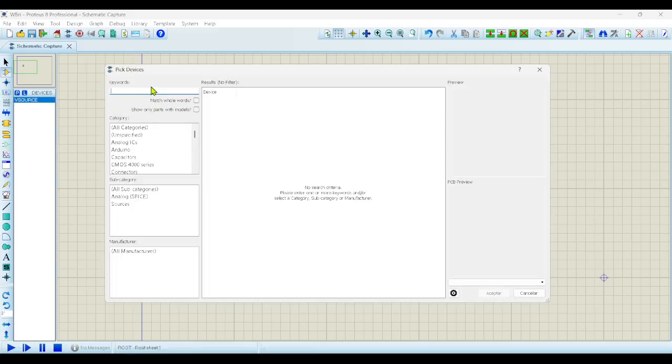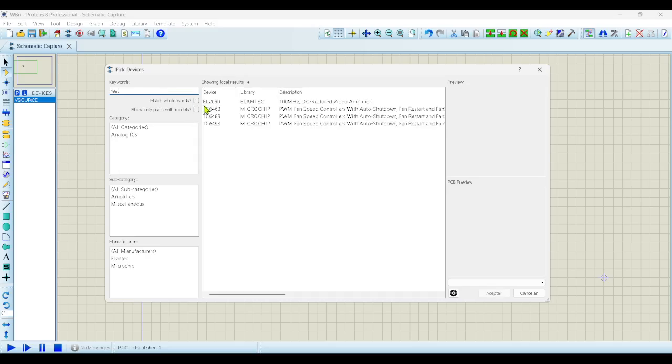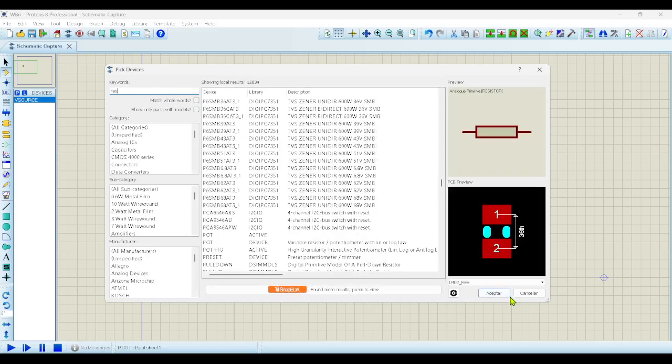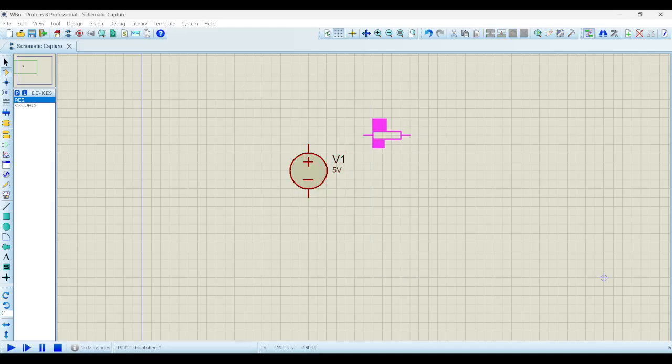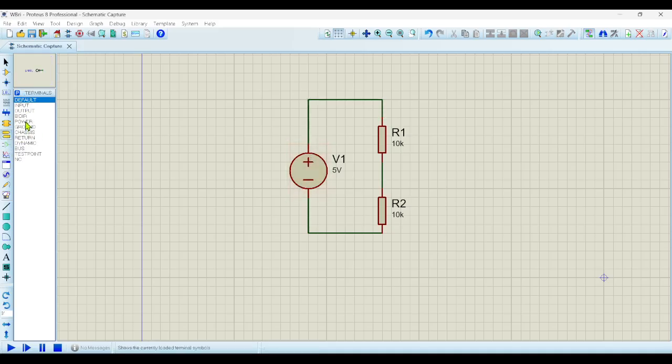Then I can add some resistors. I will add here a resistor, right? I can rotate this with the plus sign. So I will add two resistors first. So I have R1 and R2. By default, they are 10K resistors, 10 kilo ohms. And I will generate here some loop. Okay, I will add also the ground pin,